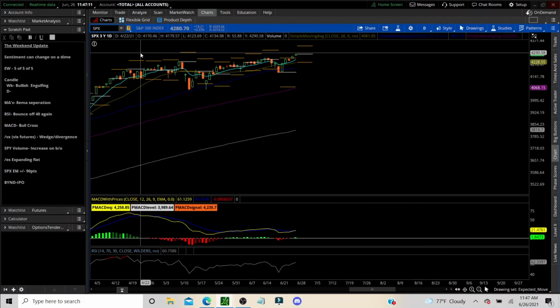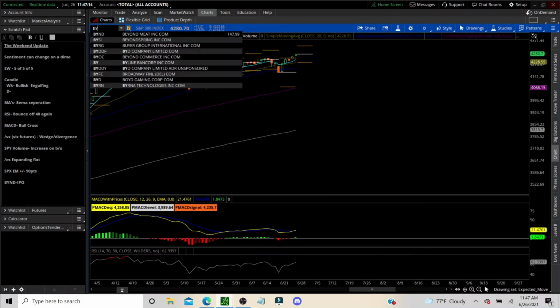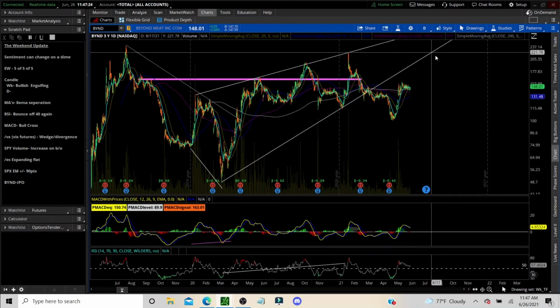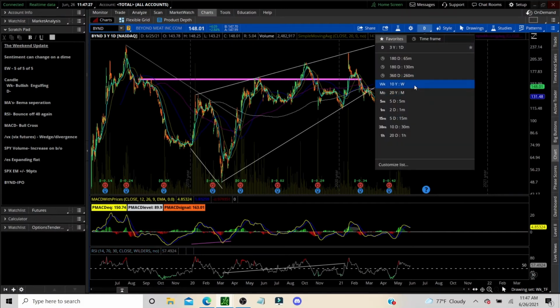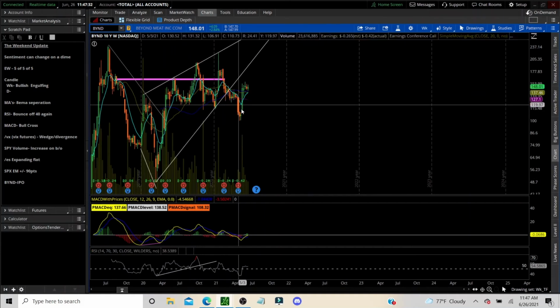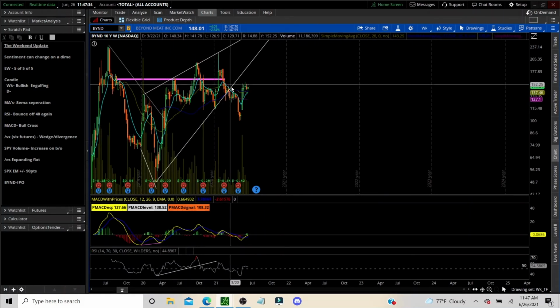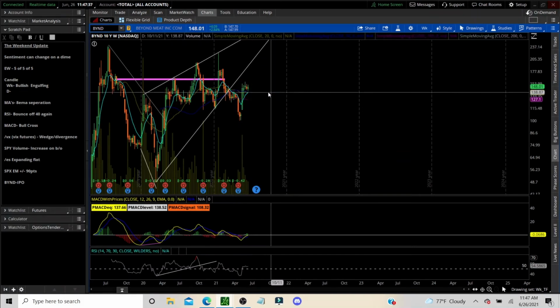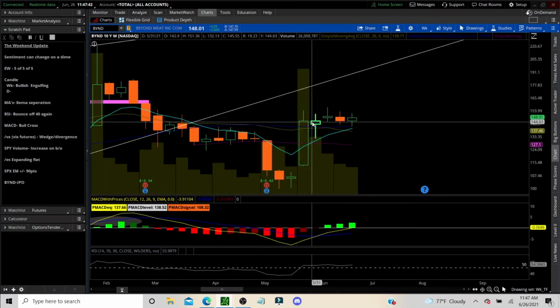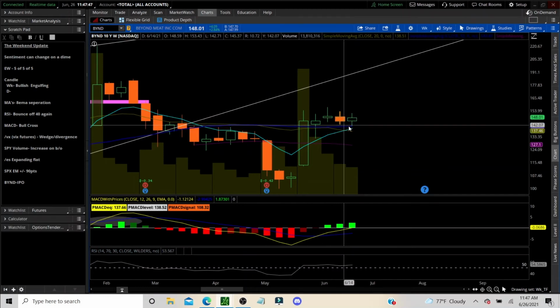Okay, so next, Bynd. I want to show you what's happening, why we picked a trade in Bynd. We're eyeballing this thing for a while. It's been consolidating. Let's start off with some higher time frames here. Let's go to the weekly. On that weekly time frame, it appears we had a 1, 2, 1, 2. Broke down from a wedge, and now perking back up and really consolidating. We had an inside week there, after a great push, so we're consolidating right inside, pushing off the 8 MA, holding the 50.